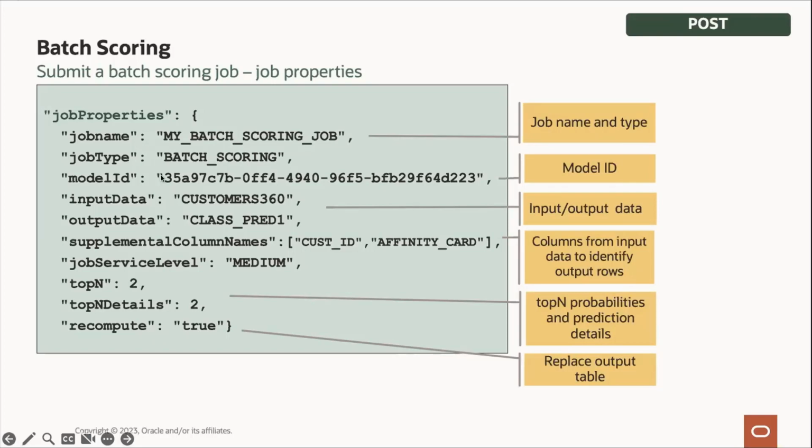We need to define the model ID of the model that's going to be doing the scoring. And then we have the input and output data. So the input data references an existing table in our database. And we're going to score all of the records in the database using this model that we reference with the ID. Then this output data is the name of a table that will be created and populated with the results